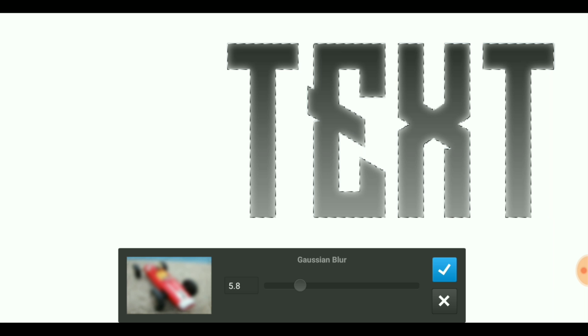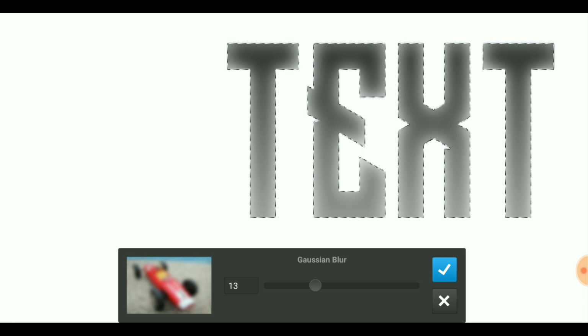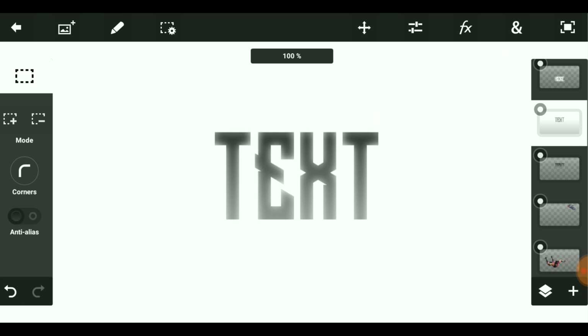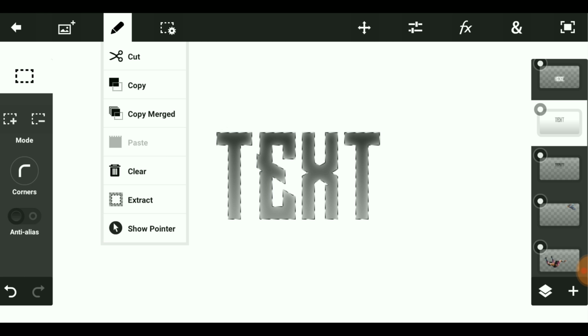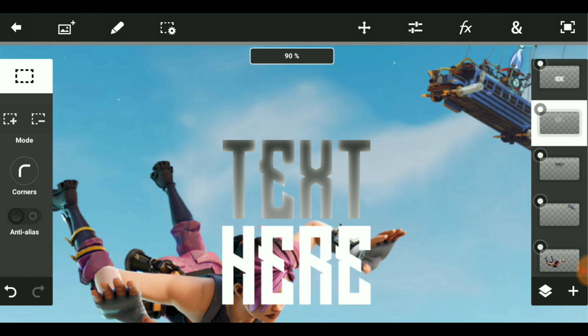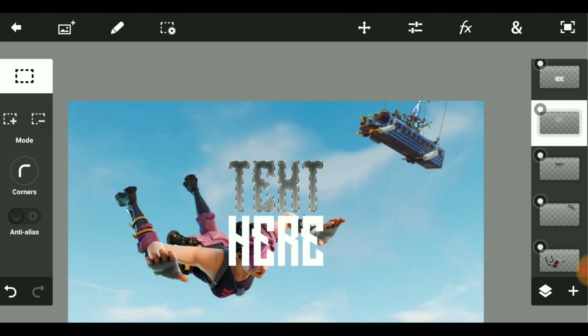And let me see, let's do 13. Yeah, that's fine. Do 13, and then you just click the pencil and click extract. There you go, it has an effect on it now. So then deselect,